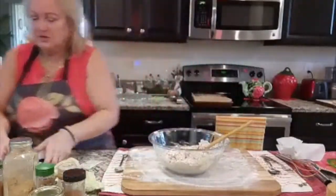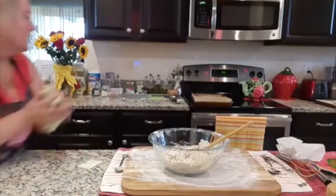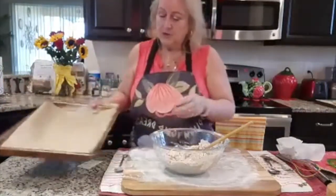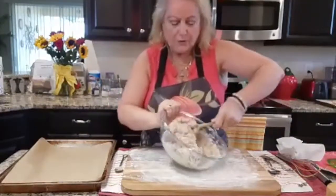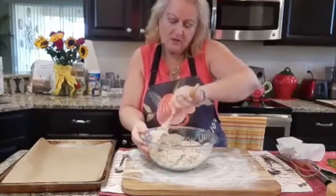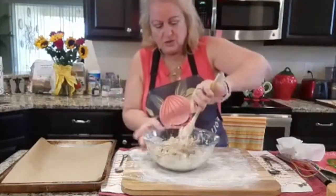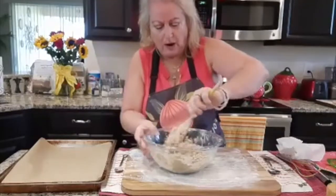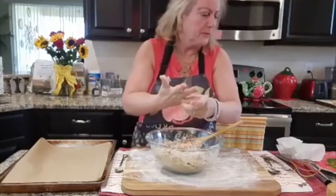Now I want to remove everything out of the way because I want to bring my sheet, okay? These cookies are going to cook anywhere from 10 to 15 minutes, depending on your oven. Mine took about 12 to 13 minutes. All right, so you've got to keep working it, and don't worry if it's looking dry. It's doing its thing. So now I want to remove my rings,